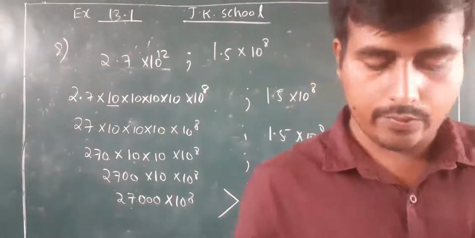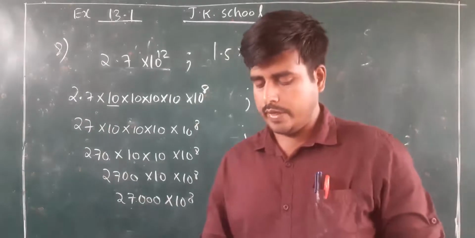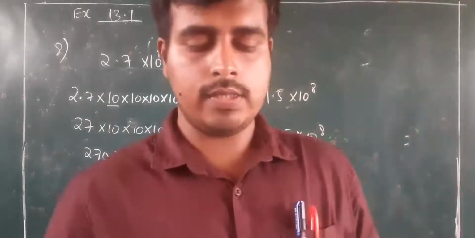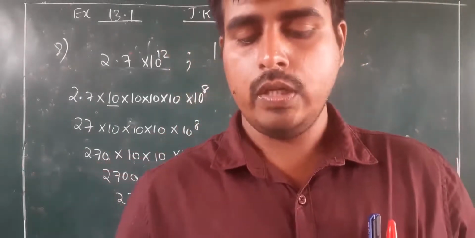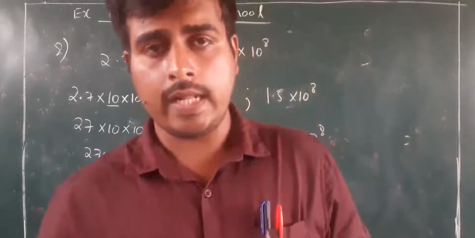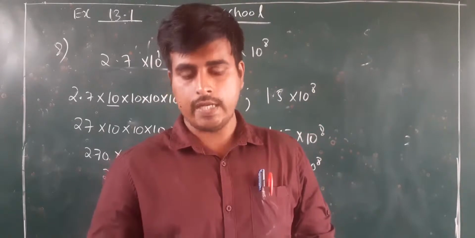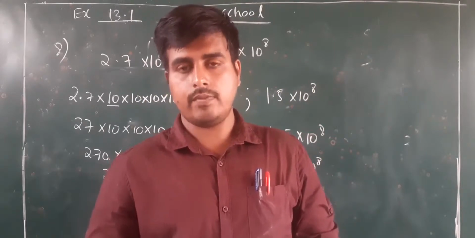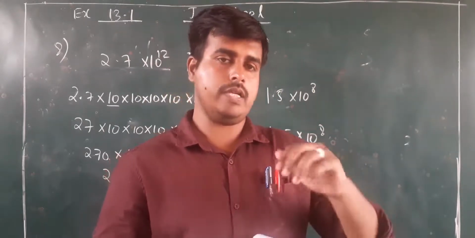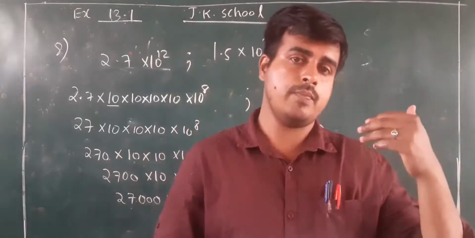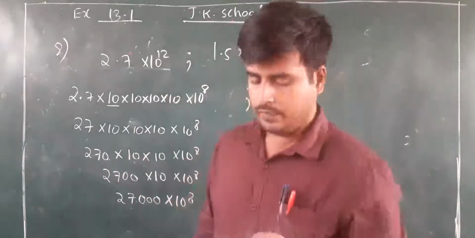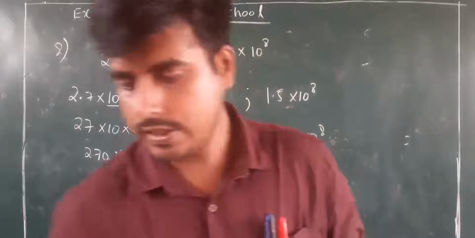Second one you can try it yourself. So 4 into 10 raised to 14 is there. Second number is 3 into 10 raised to 17. So you have to remove 3 tens out of the second number. If you remove 3 tens out of that, the decimal will move 3 places forward. By this, I will finish this exercise